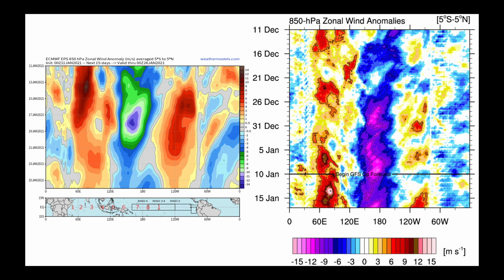A couple of things to note. Both graphics are showing us very similar things. This was at the peak of the La Nina, where we had very strong trade winds coming out of the east like this, near the Central Pacific toward Indonesia. We had strong westerlies here, and what was interesting is over South America, look at this. This would indicate stronger trade winds building in, and that's critical to the strength of the monsoon. It's the moisture transport. I'll draw it on the map. It's very small on the bottom, but it's doing this, bringing that air around in that direction. The graph on the right was illustrating a very similar point, but using the